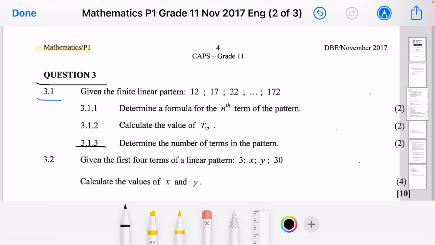3.1.3. The question says determine the number of the terms in the pattern. Massively important, ladies and gentlemen. Determine the number of the terms. This is the cream of your